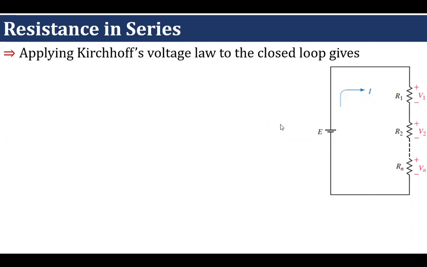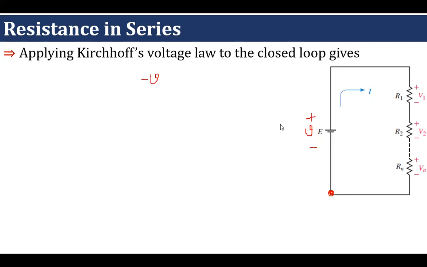So let's find out how much will be the equivalent resistance. Let's apply KVL in this loop. I'm marking this voltage as V, and obviously this V is going to be equal to E. Here the voltage markings are already available. So I'm moving from this node in the clockwise direction. So by applying KVL, what I can write,